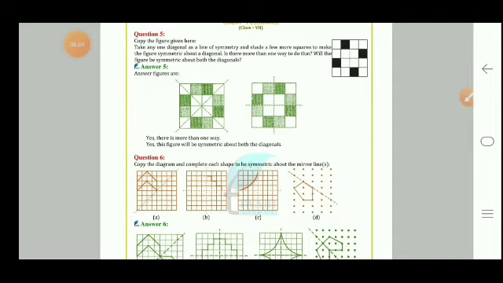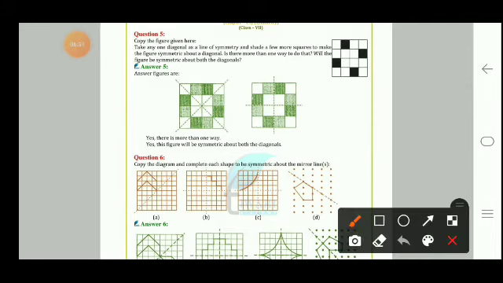Okay, looking at the figure, so figures are given here. We can see this figure is already given to us. So how to make this? First we have drawn the lines. So this is the 1, this is the 2. Now we have to color some portions to make it symmetrical. So this portion we have colored, this and this we have colored. Then we can see here, these are the lines of symmetry.